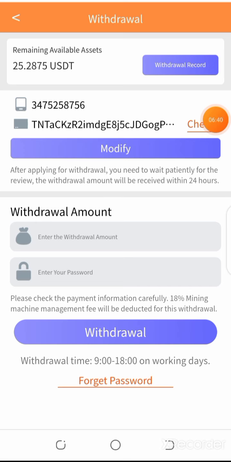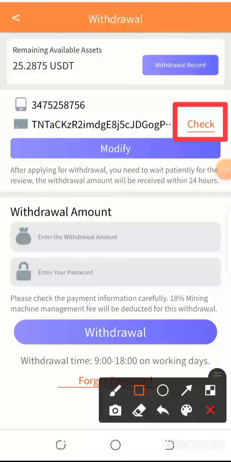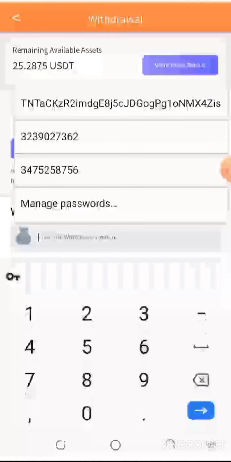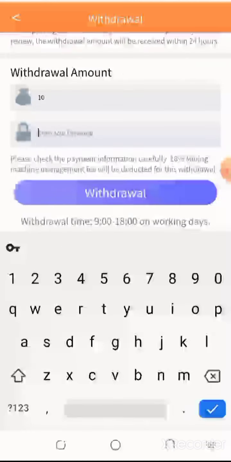So guys, here I have modified my withdrawal details, and you can also click on the check option to fully verify your Binance account. Here you need to fill in the withdrawal amount. I am going to withdraw $10, so I will write 10 here and enter my password.